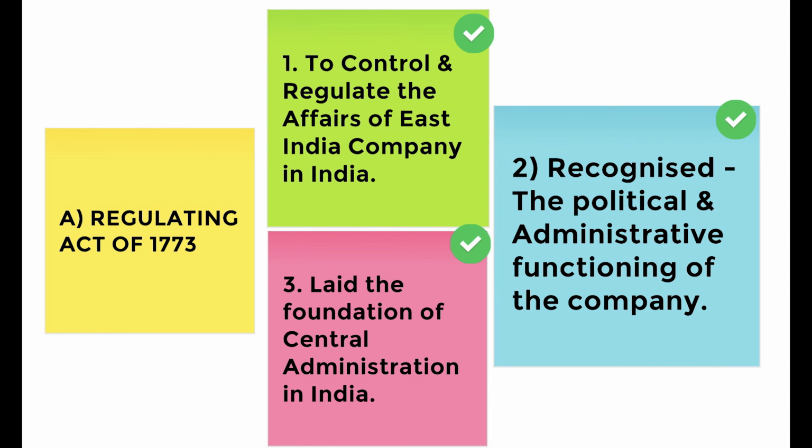And the third very important point under this regulation act is that it laid the foundation of a central administration in India. With this regulation of 1773, the British government laid down the foundation of a centralized administration. That means everything would be centrally controlled by the Governor General of India, the representative of the British government in India. They did not want to decentralize, they did not want to give the power to local authorities or local